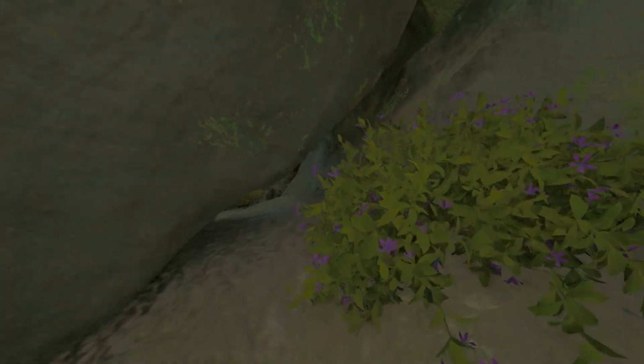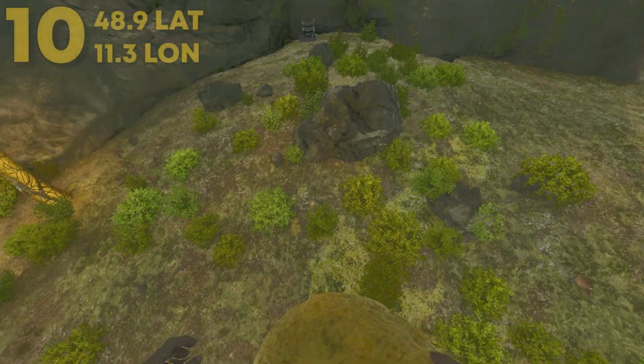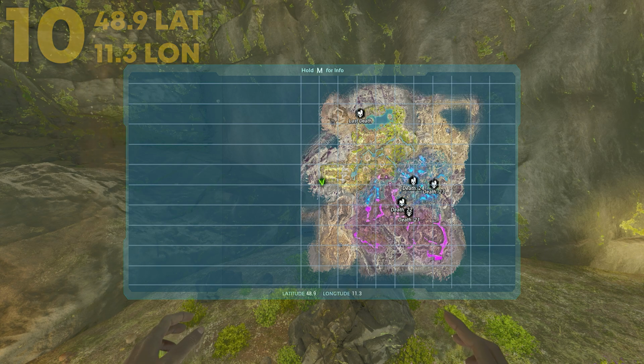When it comes to Aberration, rat holes are hidden everywhere, so we proudly present Top 10 Unseen Rat Holes on Aberration. Coming at number 10, this can be found at 48.9 lat and 11.3 longitude, and then here it is